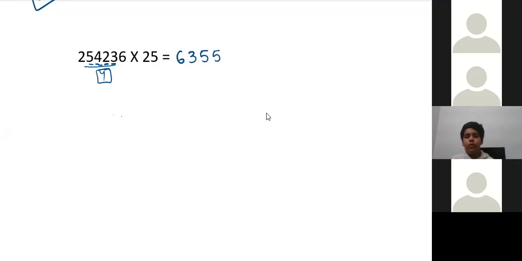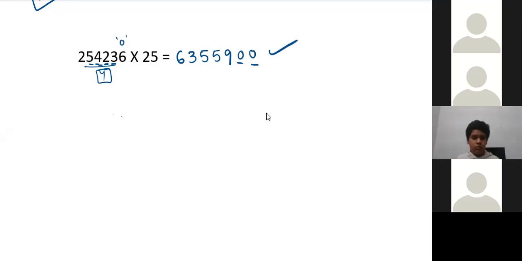9, into 100. What is the remainder here? Two zeros. Remainder is not there, so we will keep 2 zeros. Zero is the remainder at the end, so we have to write the last 2 digits as 0, 0. So that's all, this is the answer.